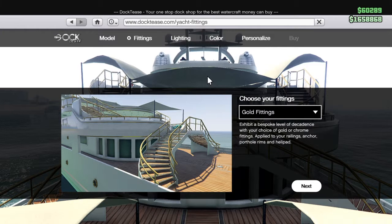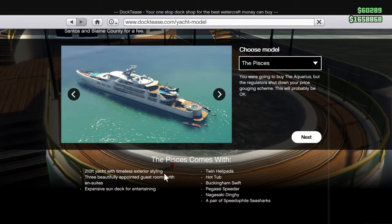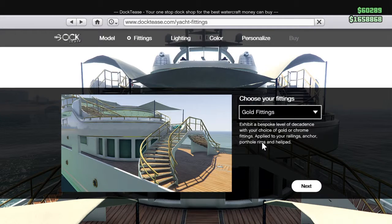and you can see, oh wait, we want to go to Model, and I'll just show you what comes with the Pisces. Here's the Pisces. Comes with the yacht and all the normal stuff, and it comes with a Buckingham Swift, which is that helicopter. It comes with a Gossi Speeder, which is that boat right down here. It comes with 2 jet skis and 1 dinghy. So you're getting a lot more than just the yacht when you purchase this for $7 million, but on top of that, you have to remember that there's all kinds of other money involved when you do the